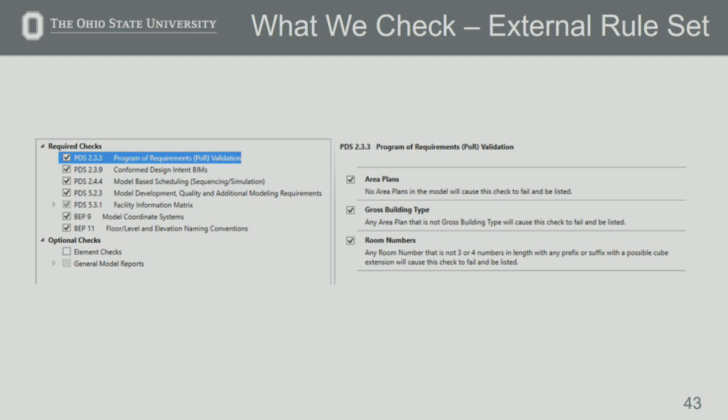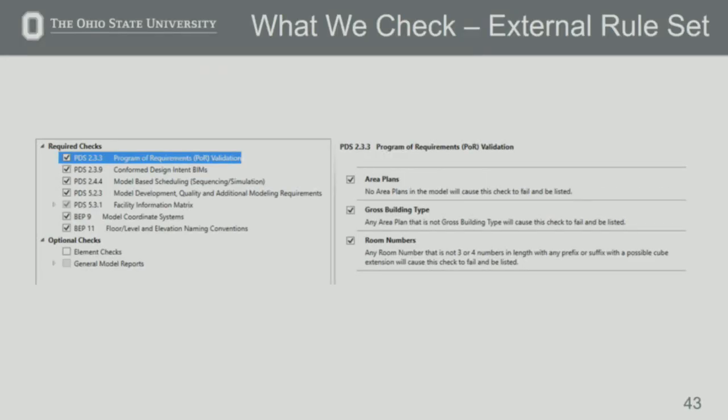And then we have that same expectation with our external partners. We just released this to our external partners here at the beginning of this year. We worked with CADD Microsystems. They actually developed it a little bit earlier than that, but we finally released it with the third version of our project delivery standard. And we use it in a very similar way to the way that Western Michigan does,